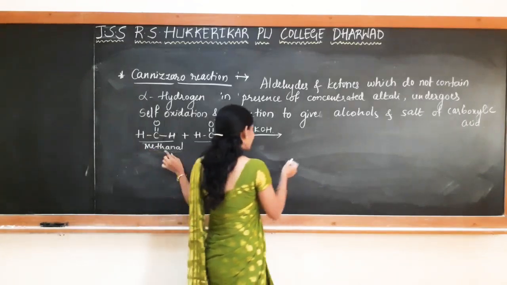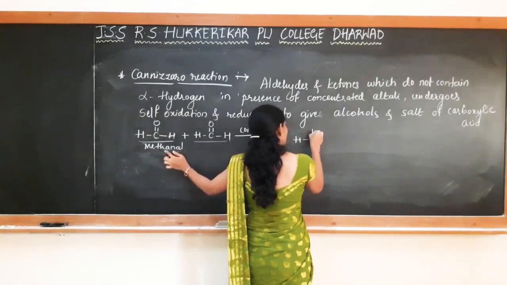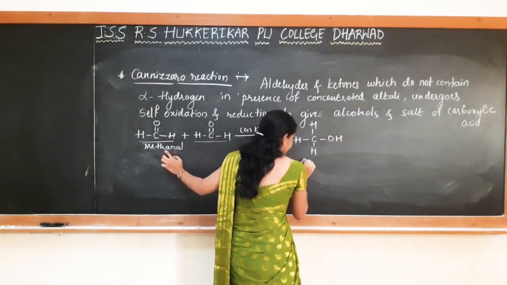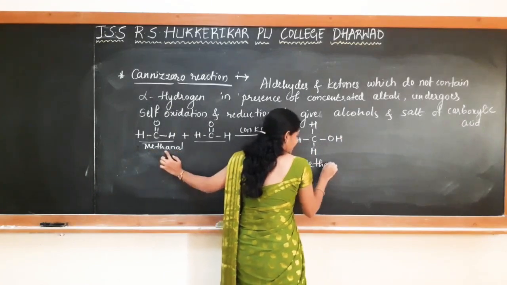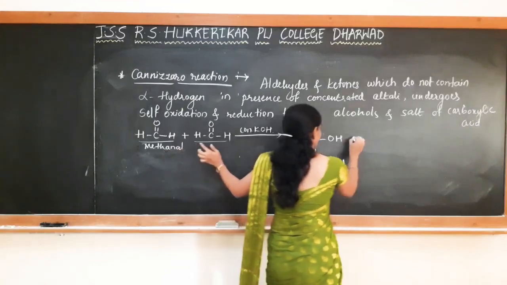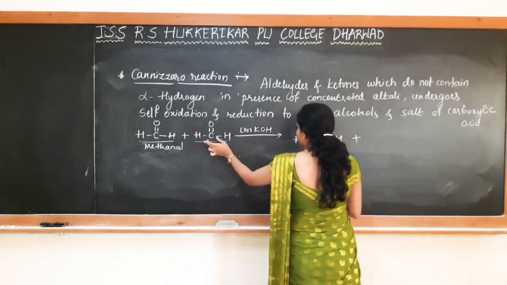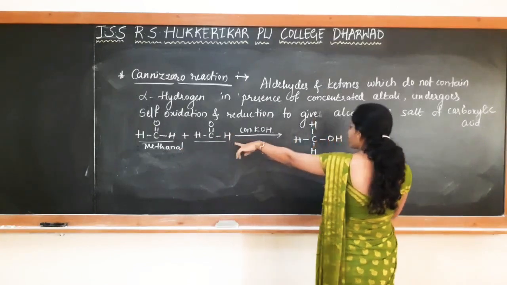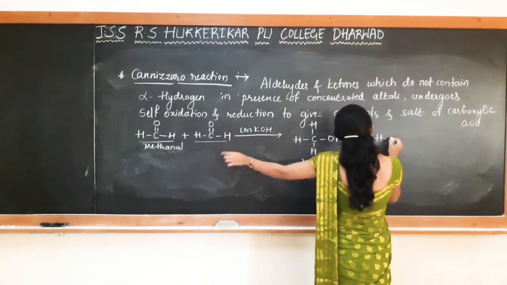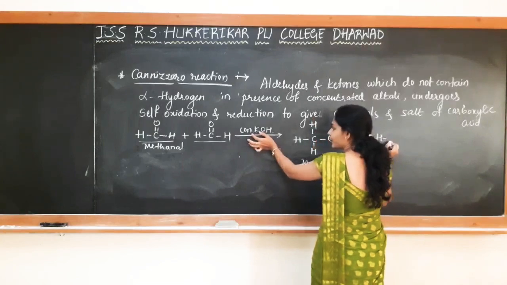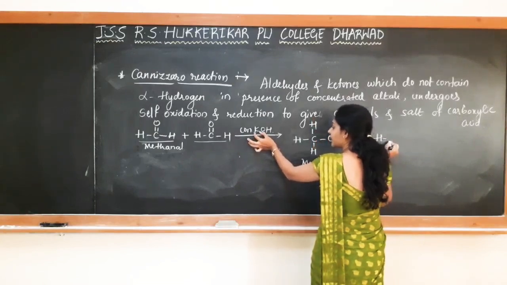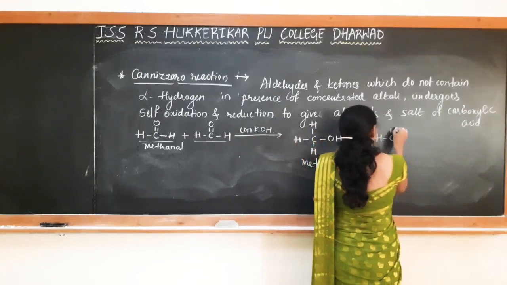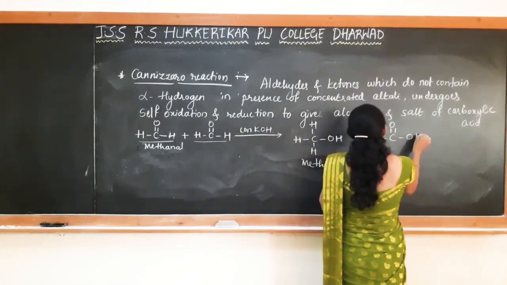So here I have formaldehyde; on reduction, H2 is added, so there is a formation of methanol. Whereas on oxidation, we are getting HCOOH, oxygen is added. So here, as there is a presence of strong base which is having K plus ion, potassium ion, it combines with the acid to form a salt, that is given like this, HCOOK.